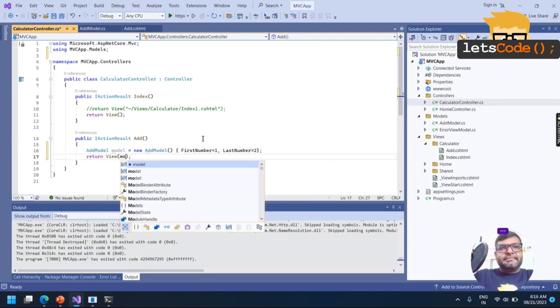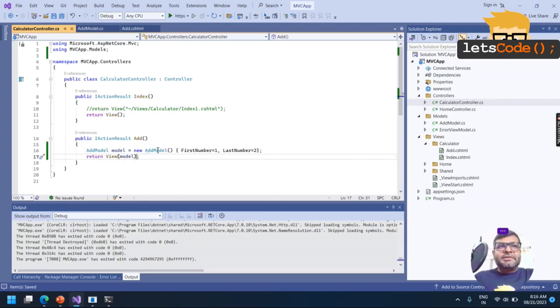I have already explained our view name and action method are the same, so that's the reason we are not defining it. Then I pass this model object to my view.